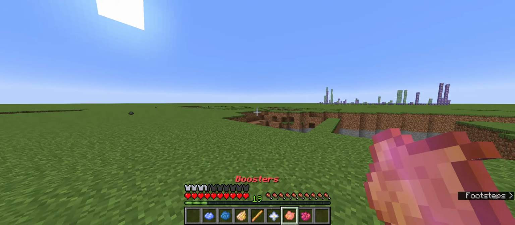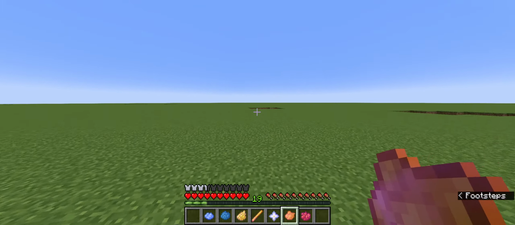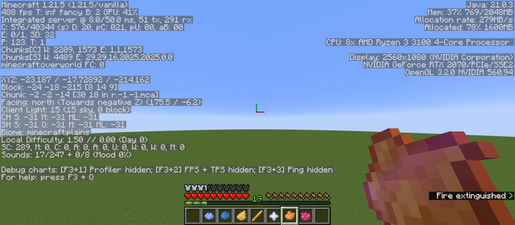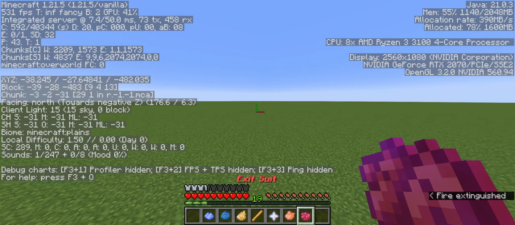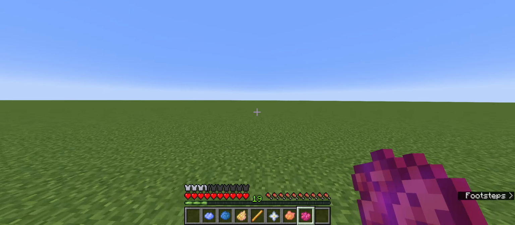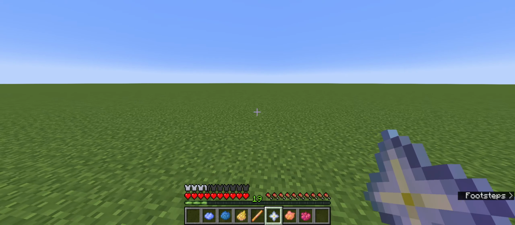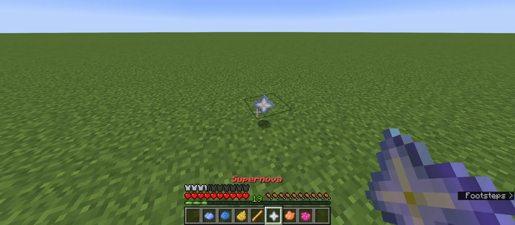Now, there's one last final ability that is really powerful, so I'm gonna fly a bunch of blocks in another direction real quick. And that should be good enough. This ability is called Supernova, and it's pretty much a self-destruct ability. So if I were to drop it,